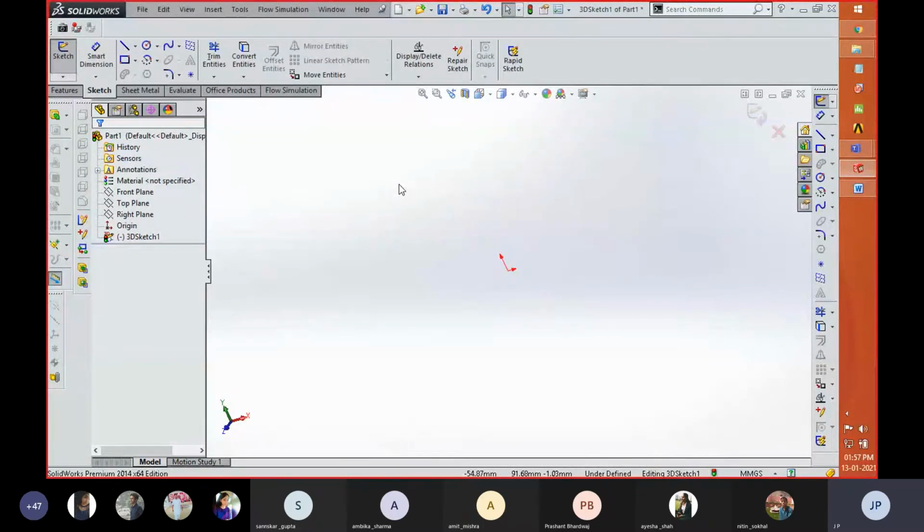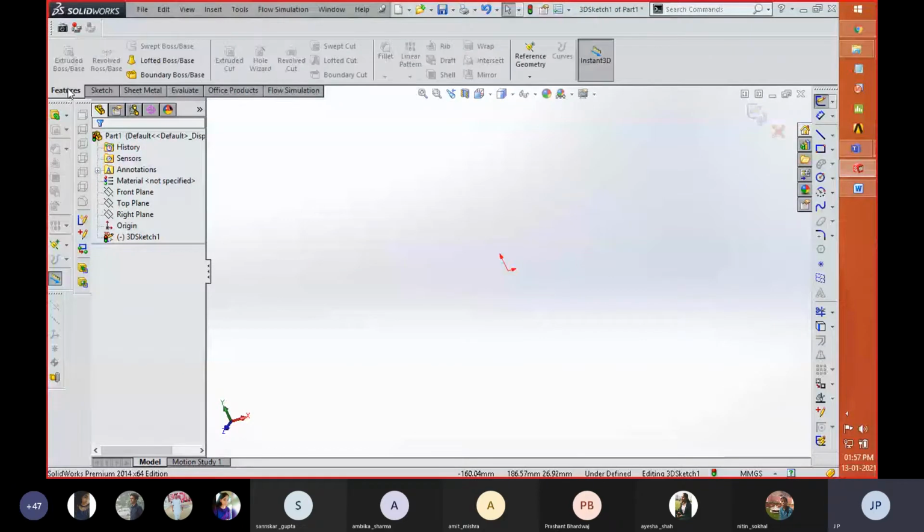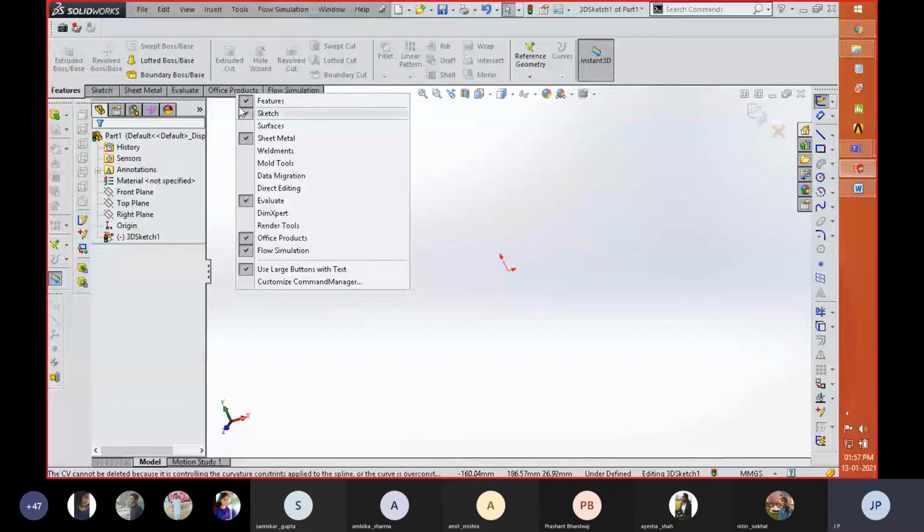So this is the interface of the SolidWorks software. These are the different tools with respect to the sketching module. And if you want to create any 3D model of any object after completing your sketch, you have to switch to features. If, when you're starting your SolidWorks software, these ribbons are not visible to you, you have to right click over here and then select any of these modules which are already visible to you.